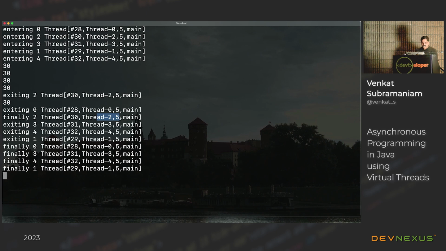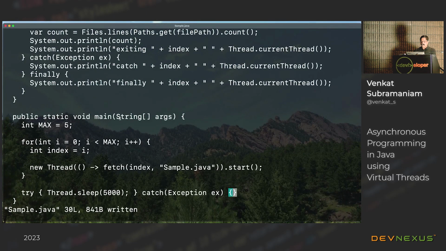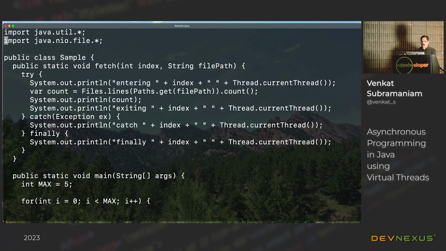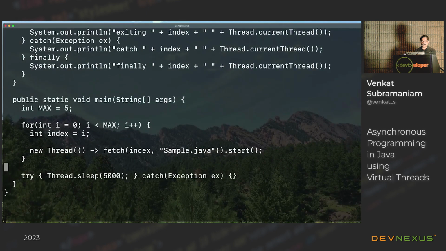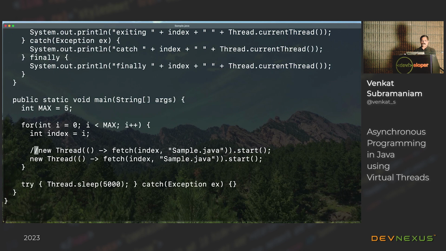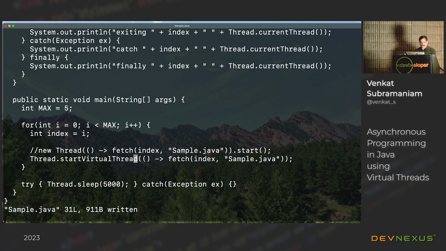Now, on the other hand, I'm going to take the exact same code, and before I make a change, I want to make one point right now, and I'll come back and revisit this in about 5 minutes. Notice very clearly, I am not touching this code. That's what I want to emphasize. I'm not touching that code at all in the top. I'm making a change to that one line of code. So I'm going to go to this code and say, hey, go ahead and call thread.start virtual thread, and I'm going to save that away. That's the only change I made, nothing else.